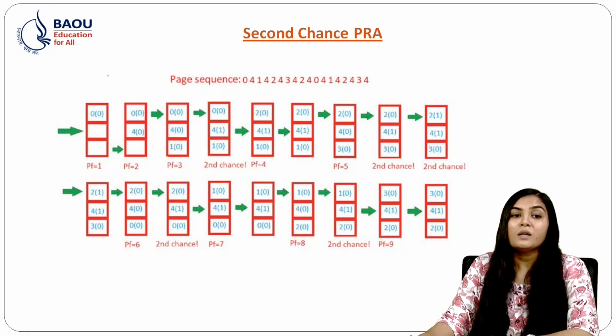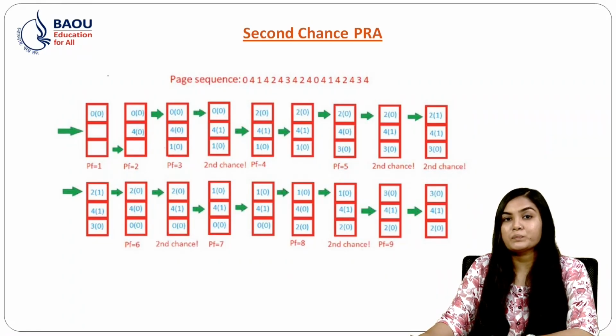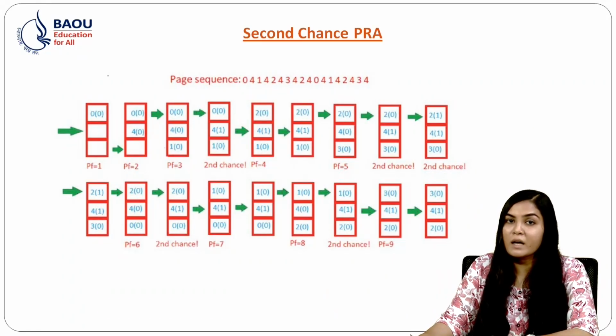5. So when we pass 8, the frame will be 2, 4 and 3 and the second chance will be 0, 1, 0. 4 is referenced again and the pointer will be set to 0 and the page frame will become 5. Then when we pass 9, the frame will be 2, 4 and 3